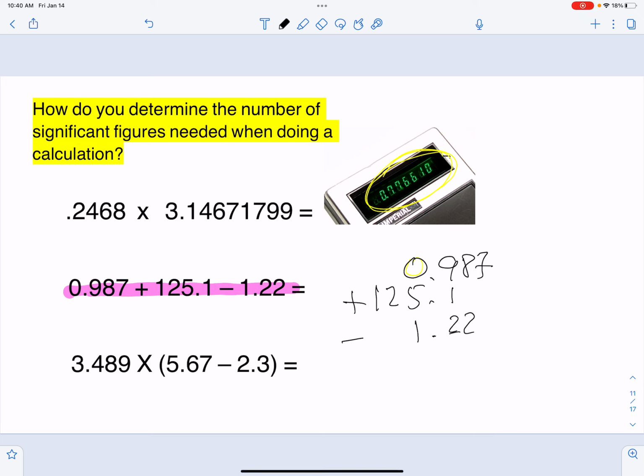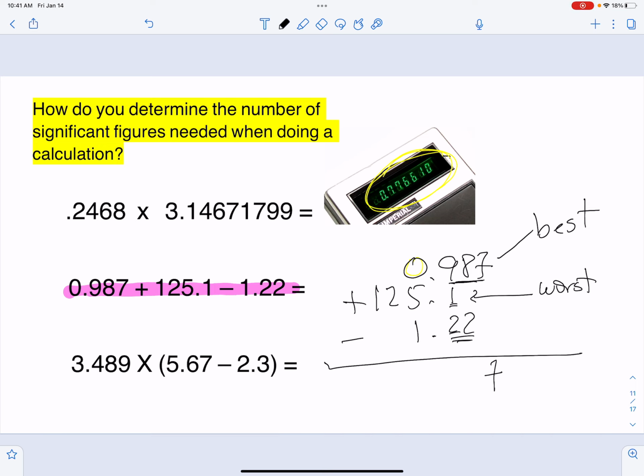So the more digits I have, the more precise the number is. So this is my best measurement, and this is my worst measurement. So whenever I do that, the result is going to give me